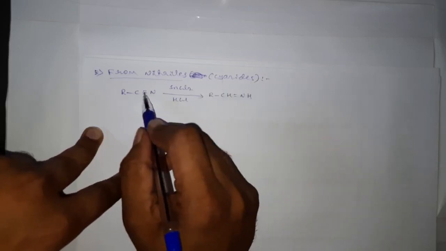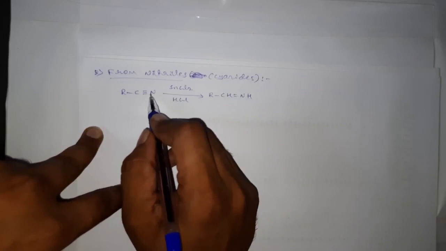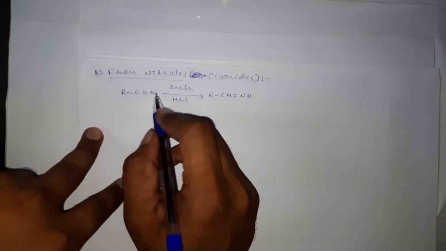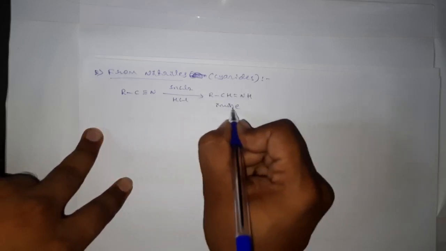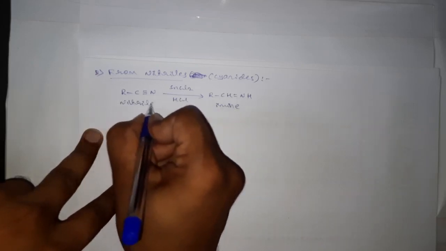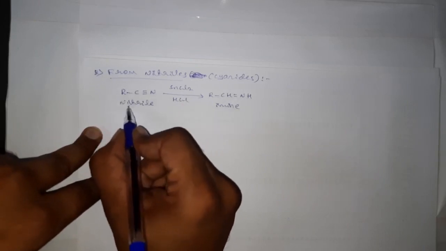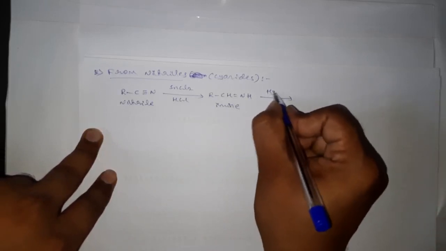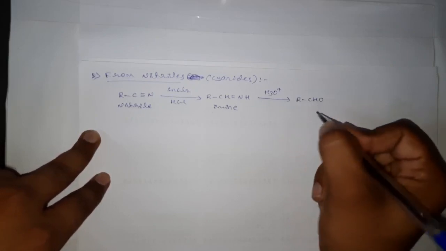Here also the reduction of this triple bond is taking place, and the addition of H2 takes place across this carbon and nitrogen, and we will get an imine. This is what? Nitrile, or we can write alkane nitrile. Here the alkyl group or aryl group is there. When this imine undergoes acid hydrolysis, we will get RCHO,